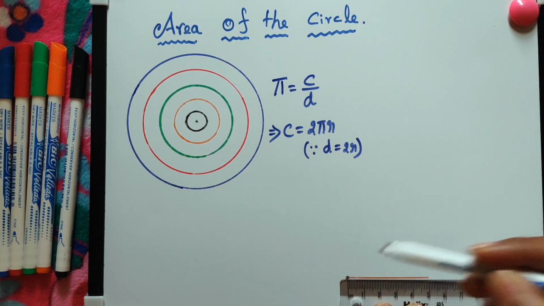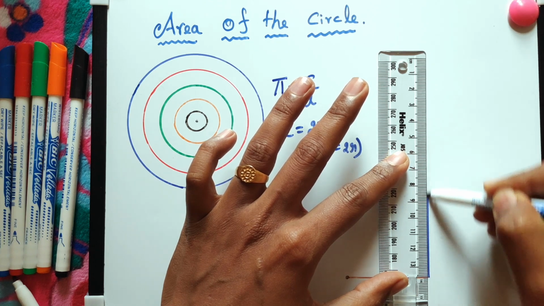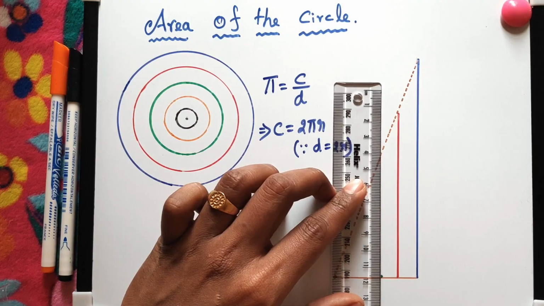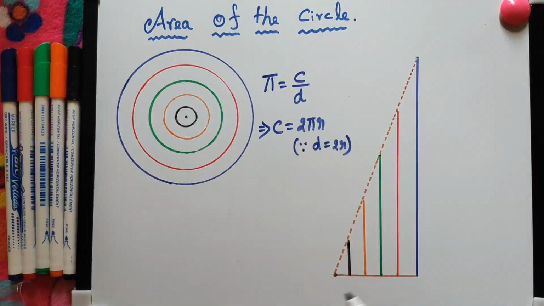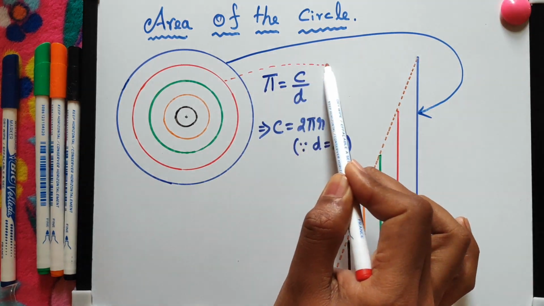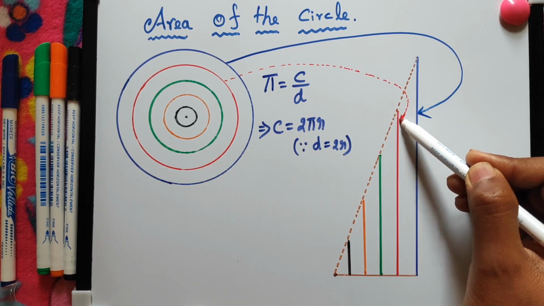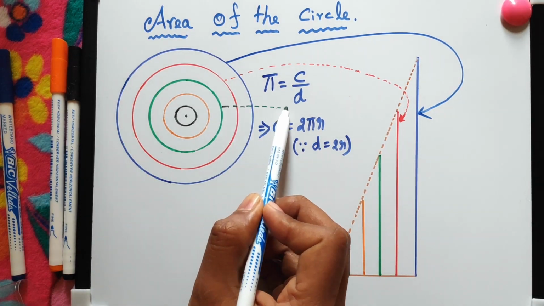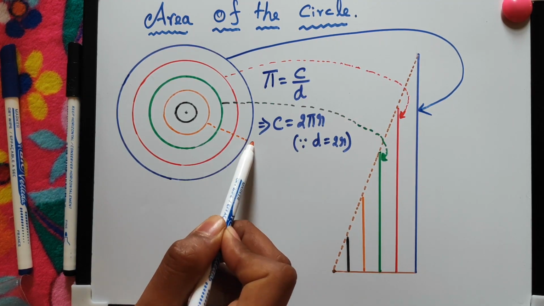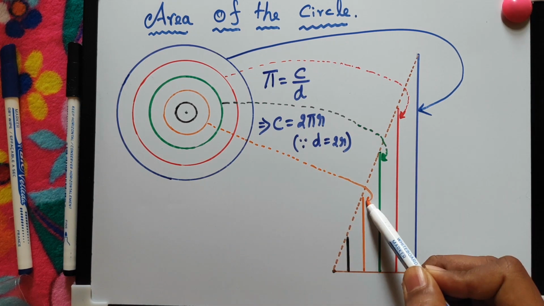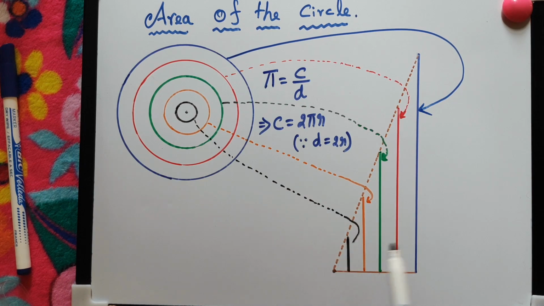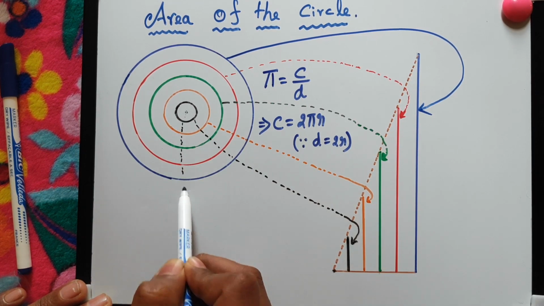So here is the radius of the circle and the circumference of the circle. Let's draw and then we map everything. The circumference of the circle is mapped to the height of the triangle, and the red color one is mapped here, next to that the green color one at the middle is also mapped here. The orange color one is next to green color, and the black color one is the smallest height of the triangle. Origin is mapped to the corner of the triangle.